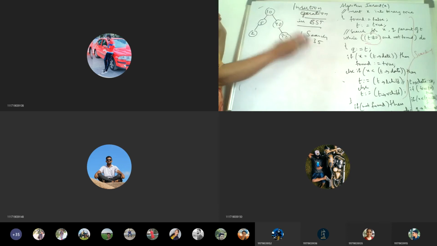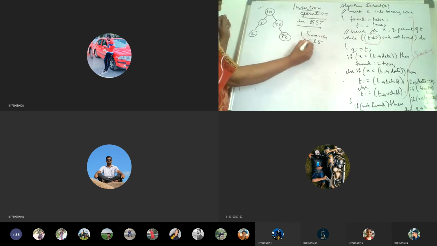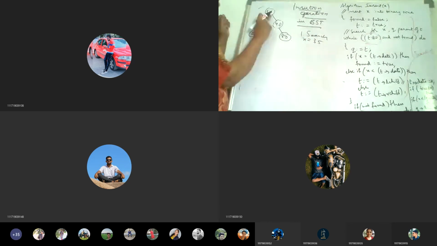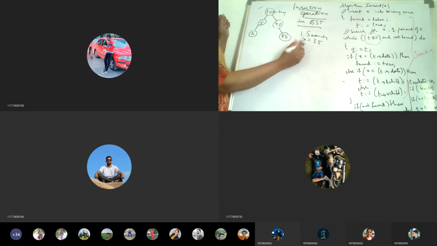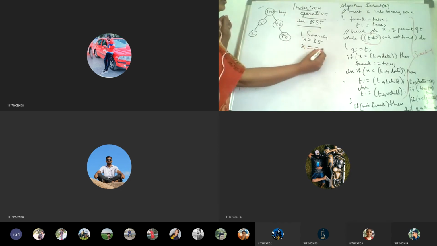So when you are searching, first if the tree is empty, it returns unsuccessful. It's not empty, so the second condition. After that, what do we have to do? You have to compare 35 with the key value. This is the key I am taking. Compare x is equal to key.